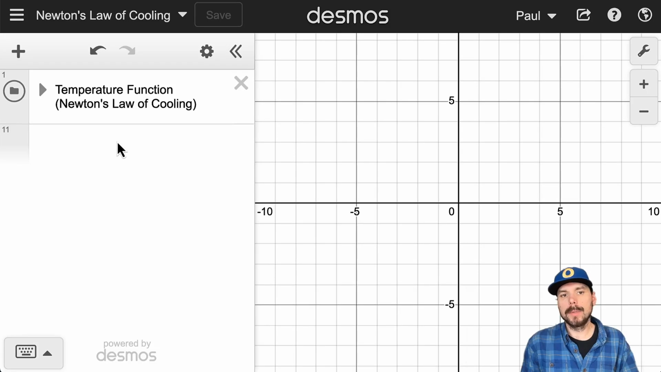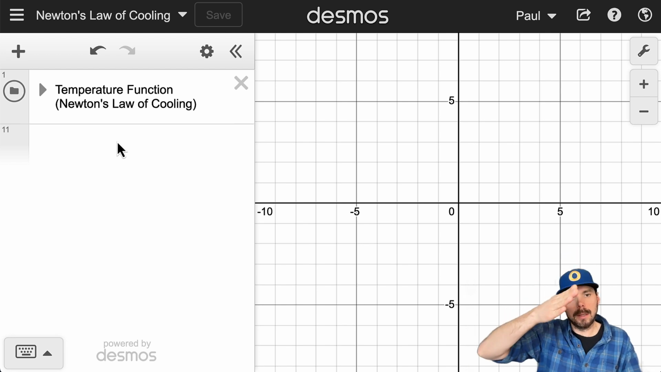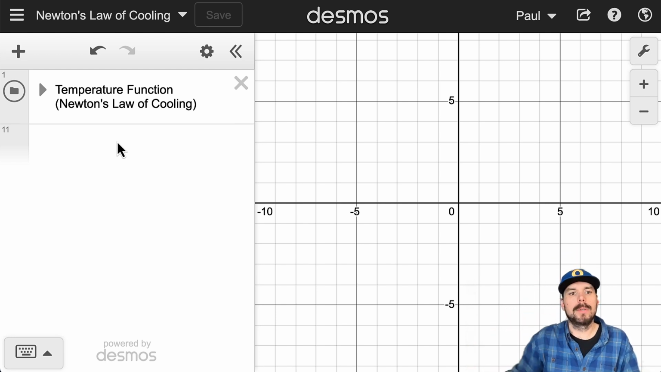Let's explore Newton's law of cooling in Desmos. Newton's law of cooling explains a change of heat of an object with exponential decay. So an example would be you have this hot cup of coffee or something like that that's just set on a counter in room temperature, and that temperature is going to asymptotically approach the temperature of the room, following pretty